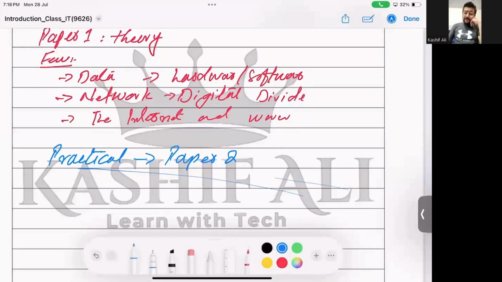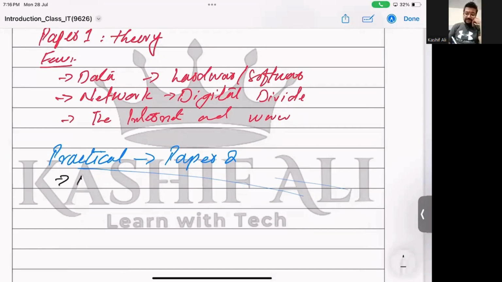So the topics coming over here are documentation. They are going to check the skills of the students, how a student can create a document, like formatting the document, changing the colors, adding pages, setting up the pages with a header, footer, page numbers, this type of thing. Then they're also working with the spreadsheet, how the spreadsheet works about the calculation and different